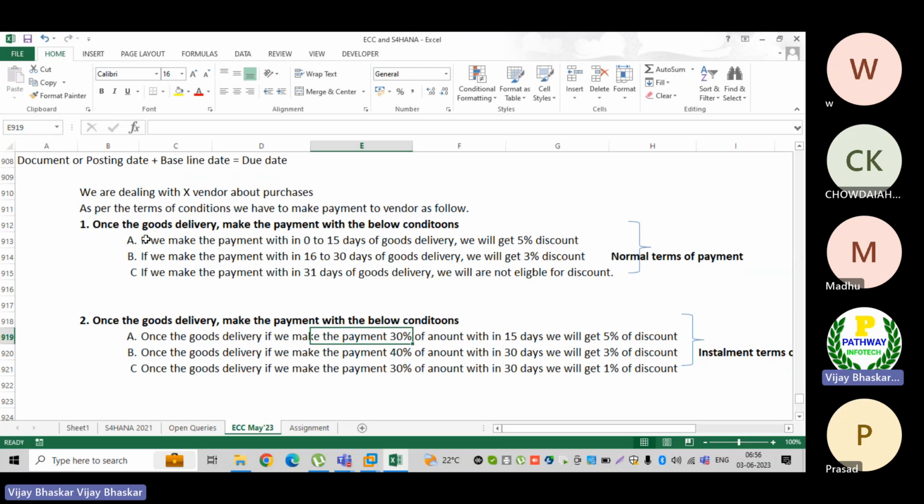In the normal terms of payment, the vendor is offering discount on the entire amount: if you make the payment, you are eligible for 5% discount. But here it is not like that. In the installment terms of payment, the vendor is offering that within 15 days you make 30%, then within 30 days you can make the 40%.